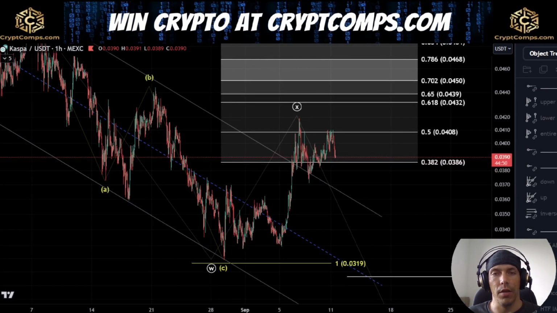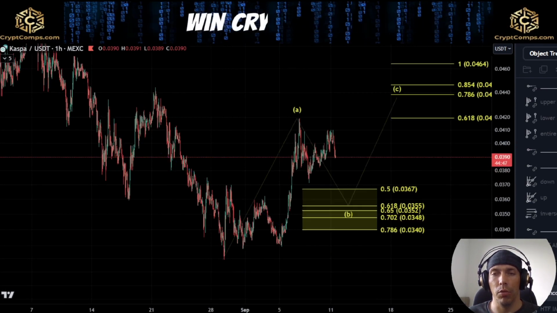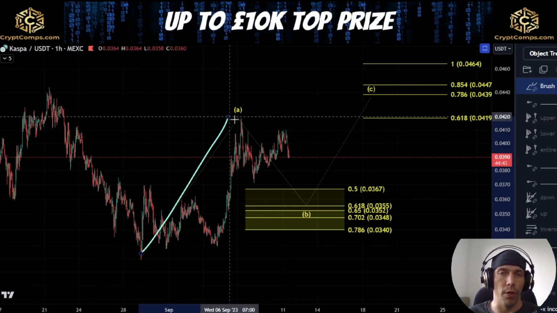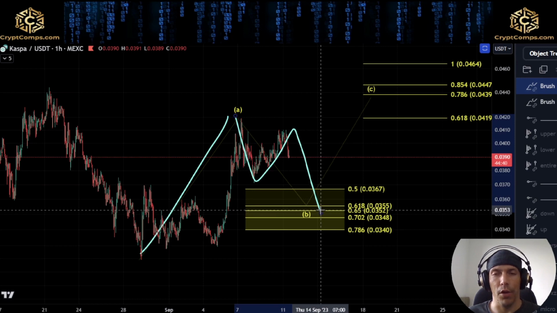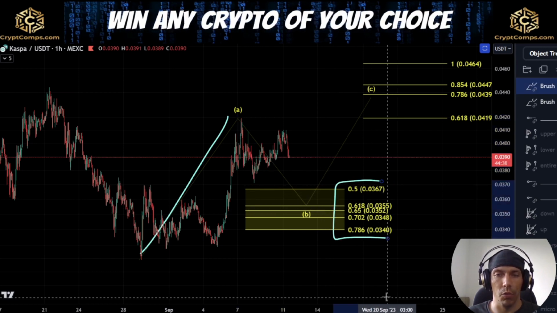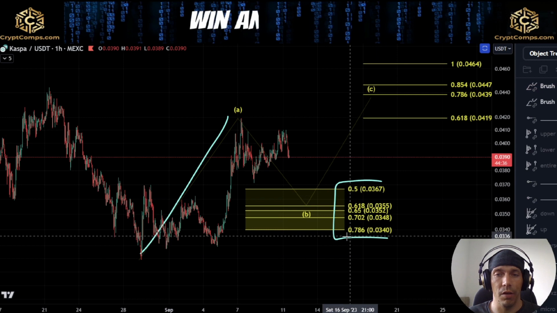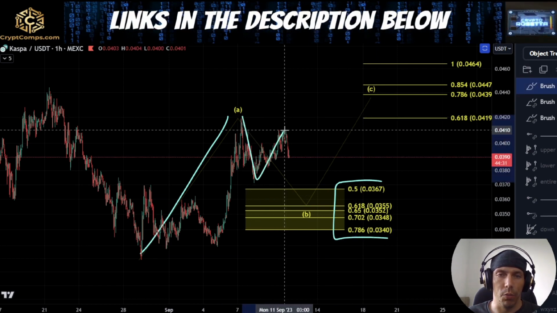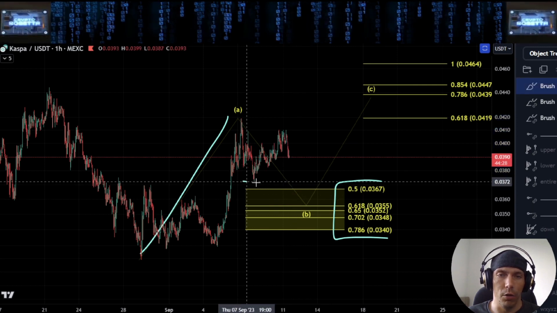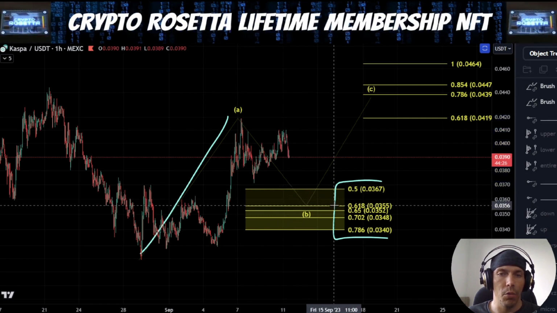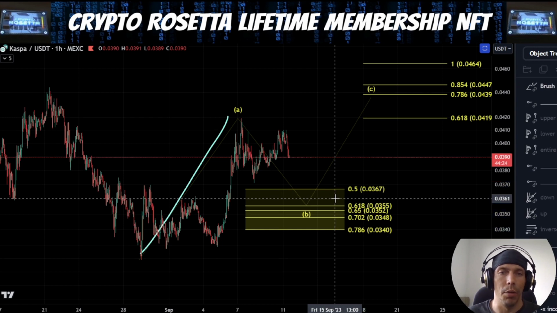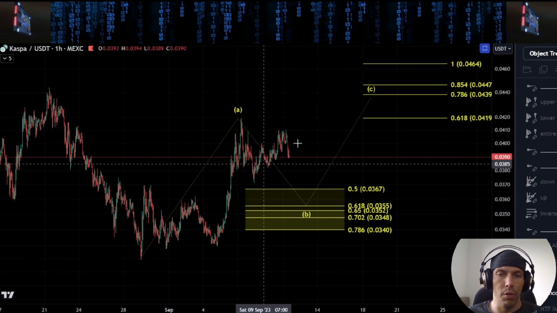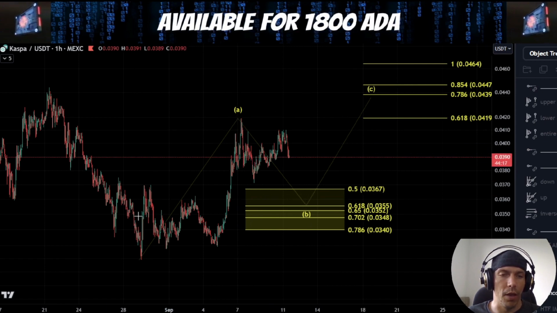Now, within this idea that this X wave is not completed, what we would be looking for is the possibility that, like I said, this is a corrective move up. We're looking for a connector wave here again in a B wave. The common zone that we'd be looking for would be this 0.367 to this 0.340. And what I'd be looking for here effectively would be another push to the downside, looking to sweep this low. And then from there, we'd have to see what the structure actually plays out as, because effectively what we'd then be looking for is a 3-wave move down and then having a push back to the upside in the C wave.